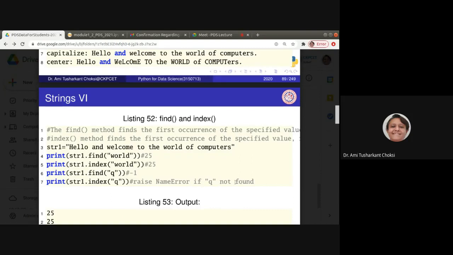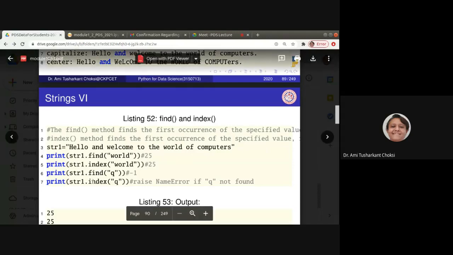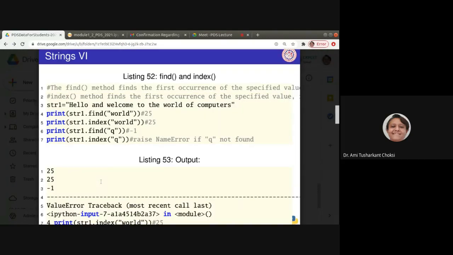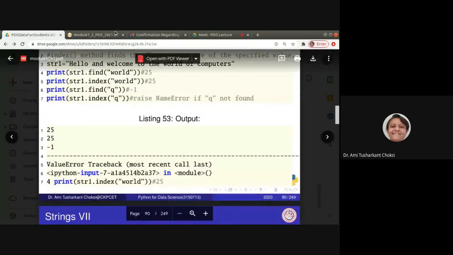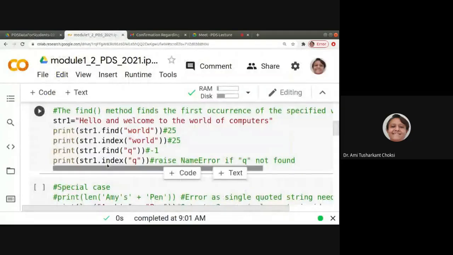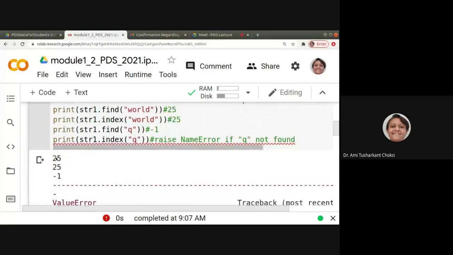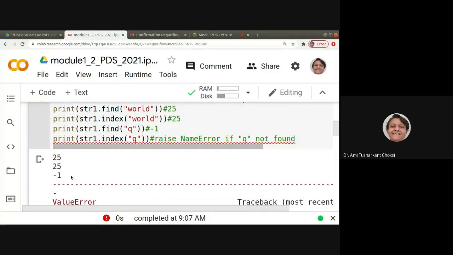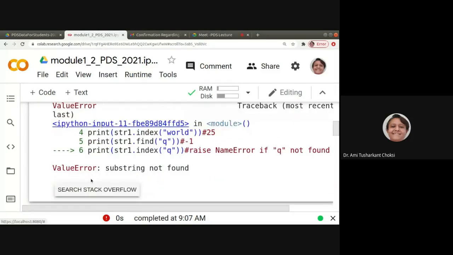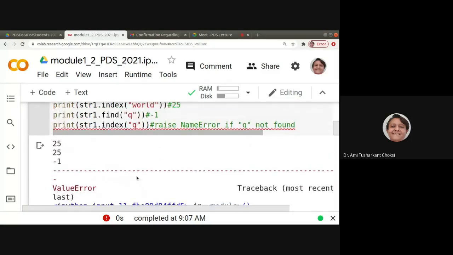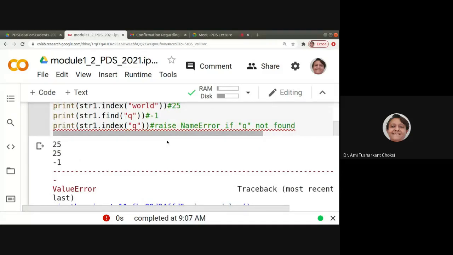Let's see that by running it. Okay, 25, 25, -1, and then a value error. Yes, value error, not name error.